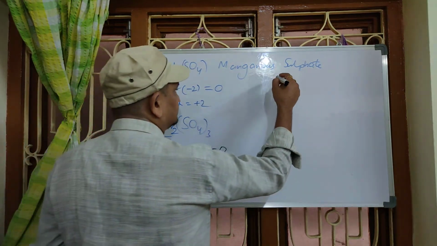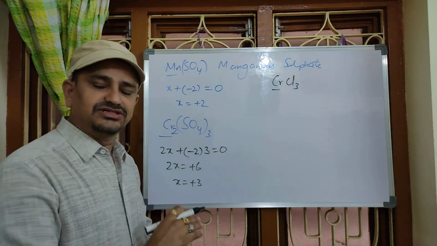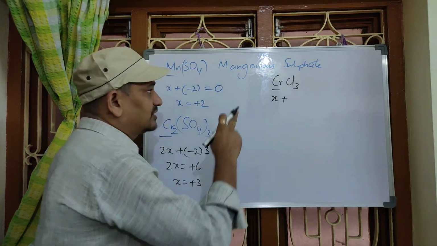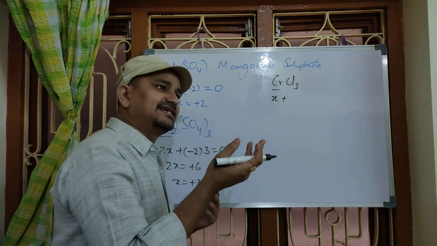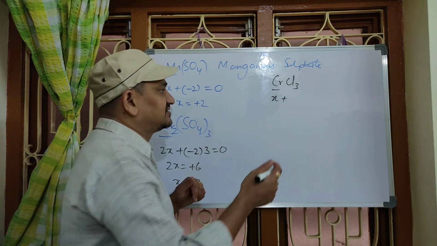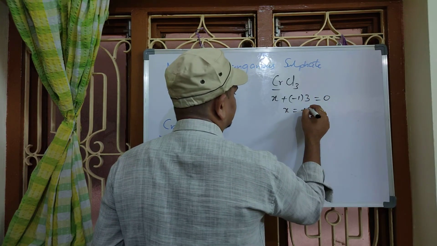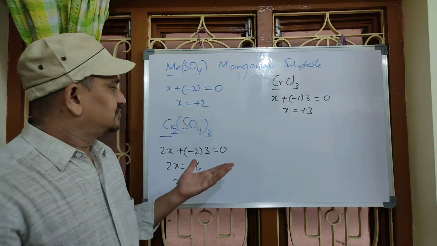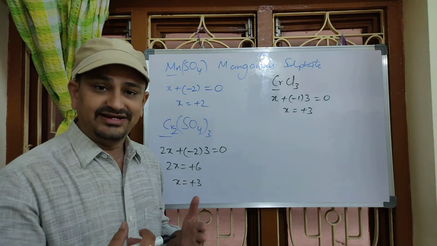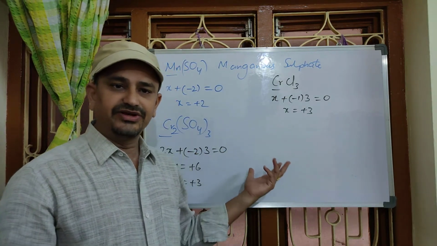Right? CrCl3, chromium chloride. Find the oxidation state of chromium. As this is not known, let it be X plus. Chlorine is more electronegative than chromium, and chlorine always gains 1 electron because it has 7 electrons. To get an octet, 8 electrons, it needs 1 more. So chlorine is minus 1 into 3, equals 0. X equals plus 3. Right? So these are some very few cases we are discussing, because the rest of the cases we have to learn by practice.